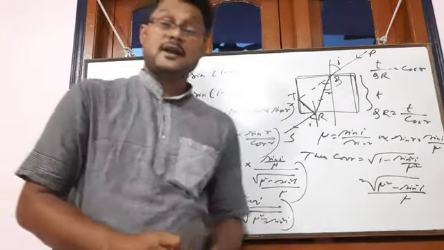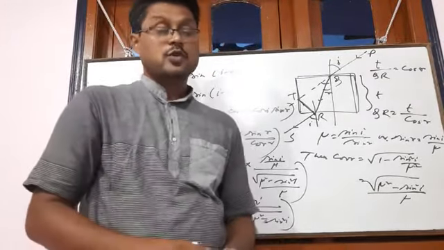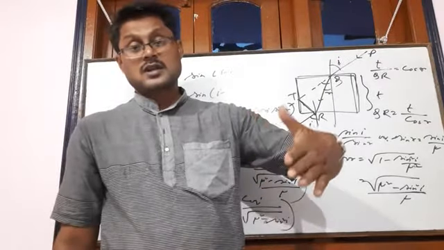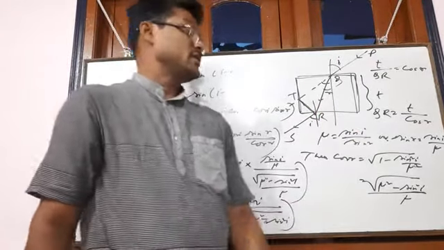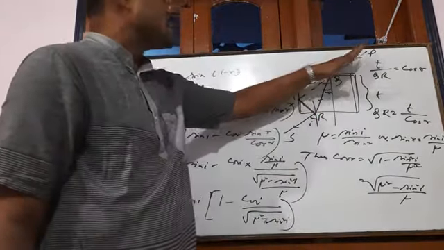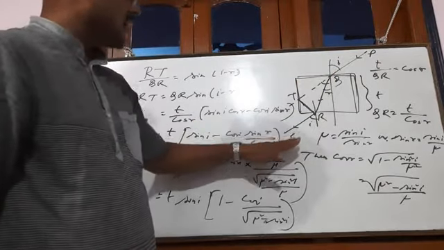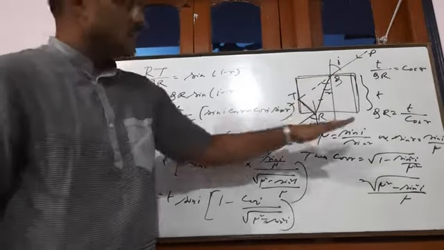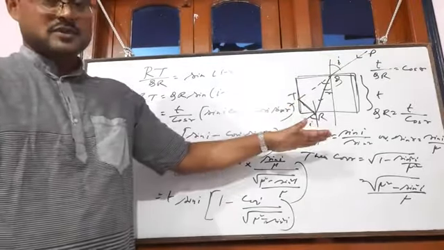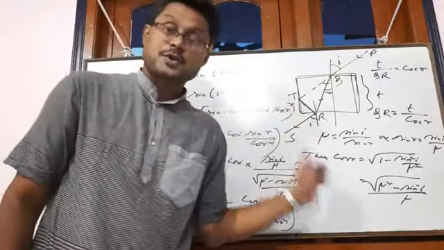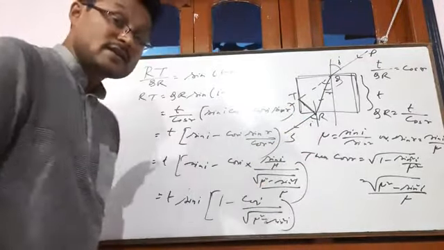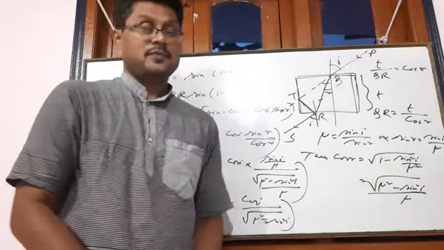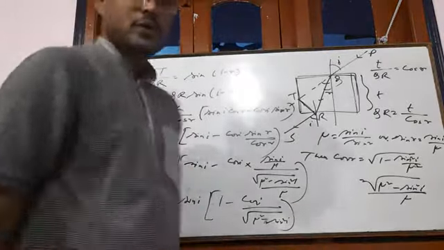So this is the measurement of lateral shift. So what do we mean by lateral shift? When a light ray passes through a glass slab, a parallel glass slab, then the incident ray and emergent ray are parallel, but lateral shift is there. Lateral shift means the perpendicular distance between the incident ray and emergent ray. Okay, so this way we can calculate.